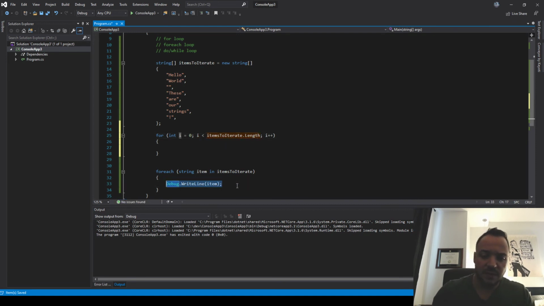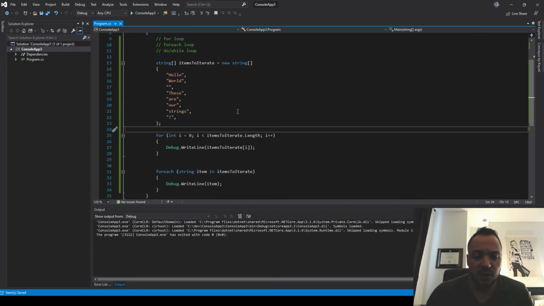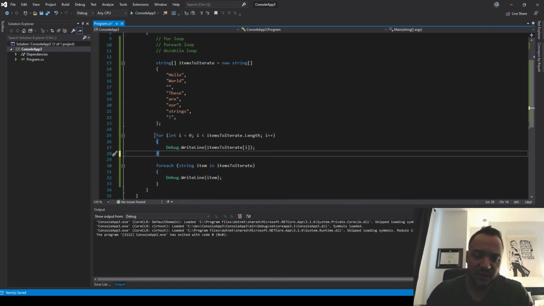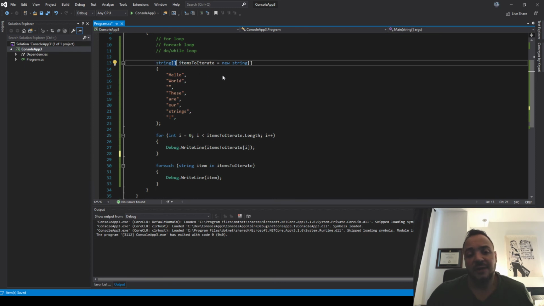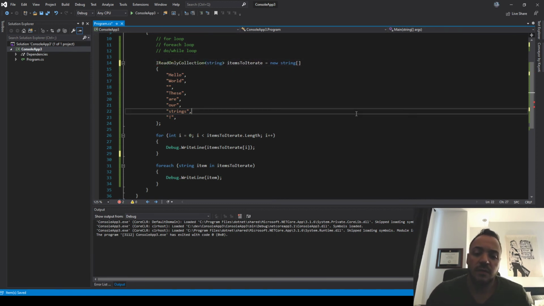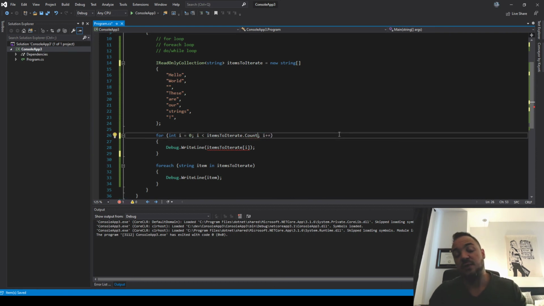Okay, so I'm just going to write, just like the previous example we had. We used to have something that looked just like this one, and because we're dealing with an array, we can do that, okay? An array lets you index into certain positions. If I made the type of this an IReadOnlyCollection of strings, can we do that? No. So if I made this Count, because a read-only collection does not have a Length property, it has a Count property. But